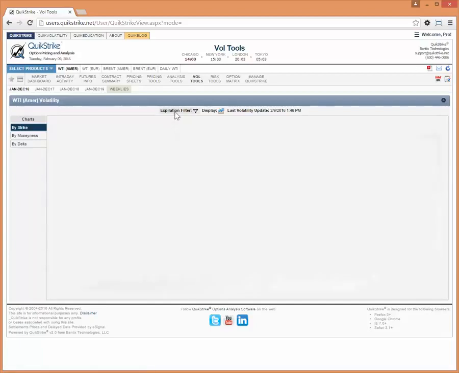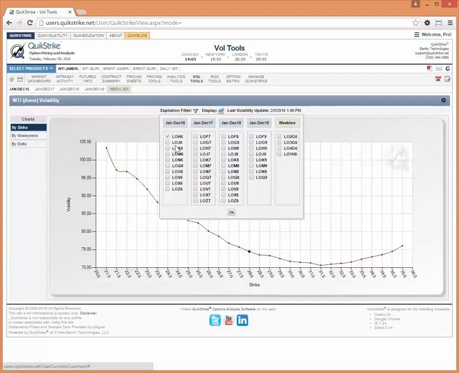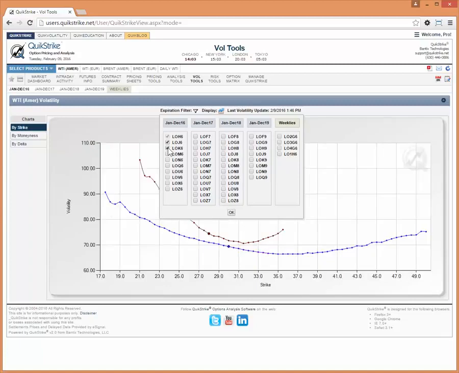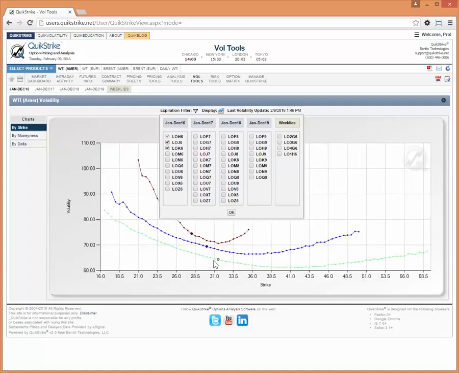Then what we could also do is with this expiration filter, you're going to notice that this LOH6 is grayed out. I can't click on it at all. That's telling me this is the current contract being displayed in the chart. But if I'd like, I can add other contracts to this chart, and you'll see it's showing up behind how those are